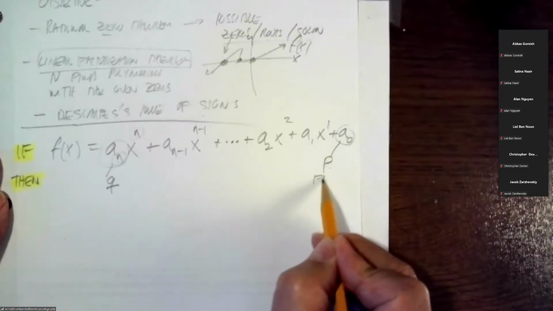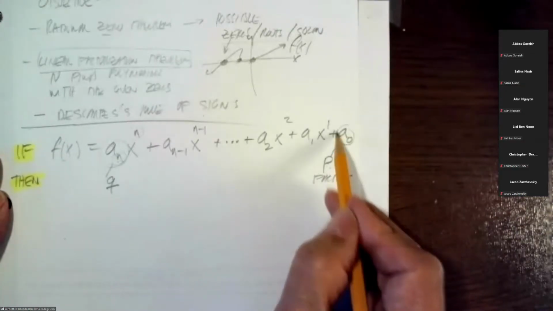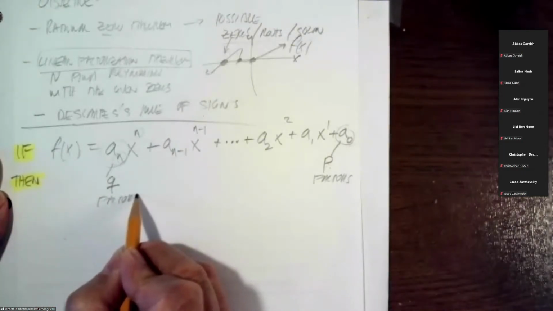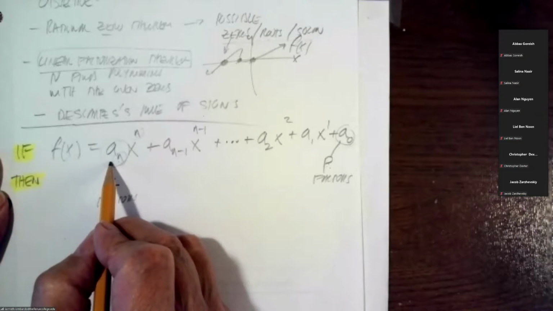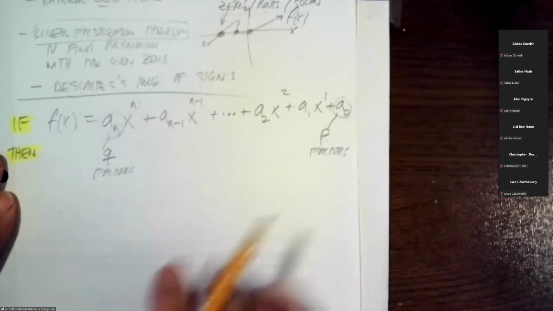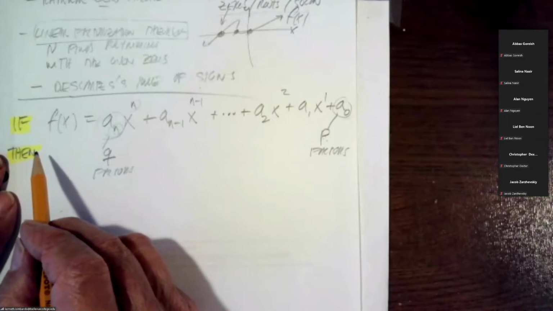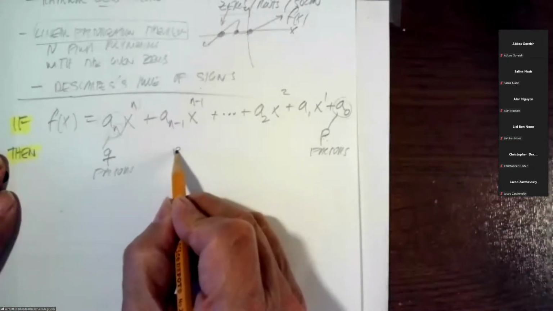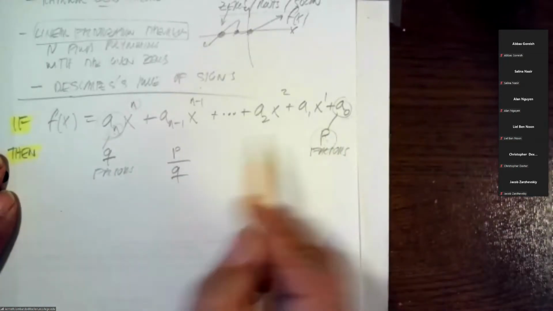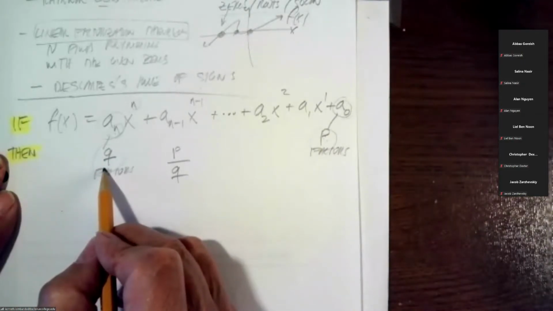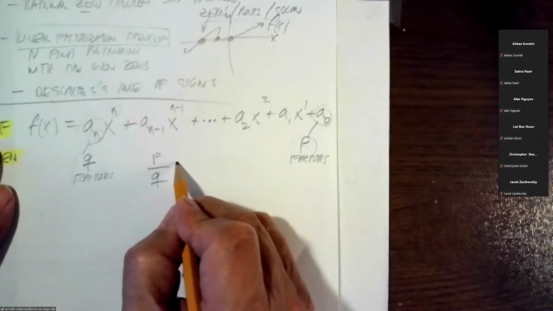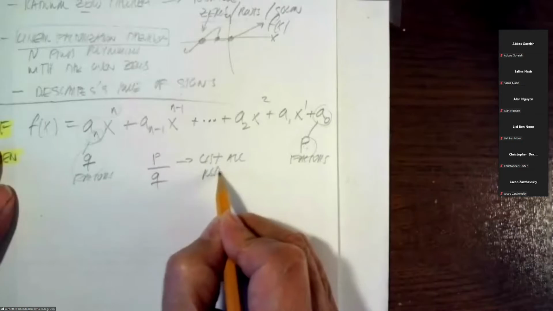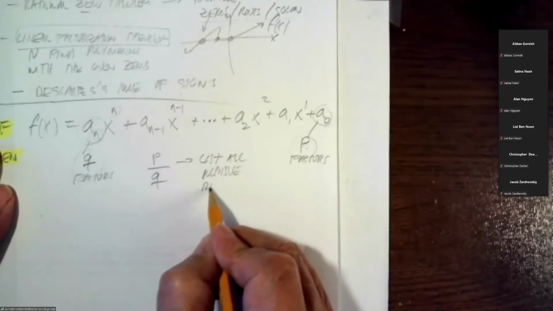So these are factors of the constant term, and these are factors of the leading coefficient here. Then, and this is what the rational zero theorem turns out to be, p divided by q, these factors over these factors, will list all possible rational zeros